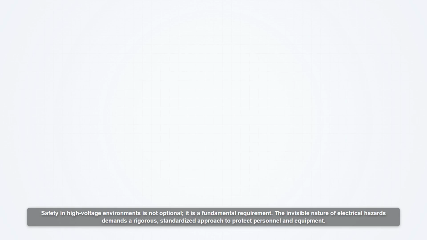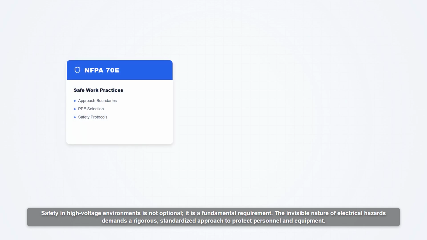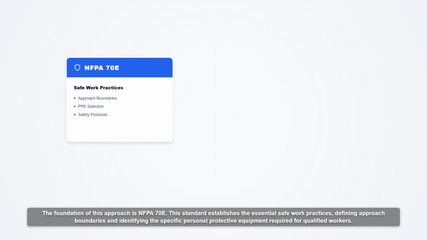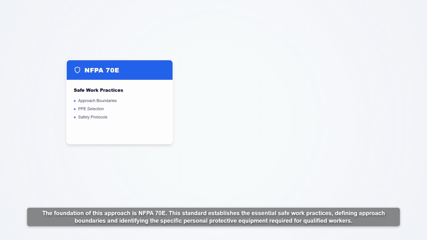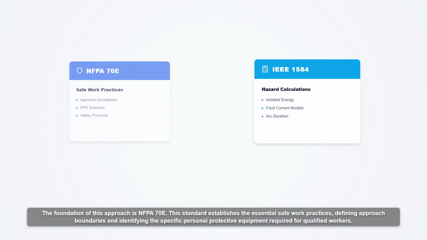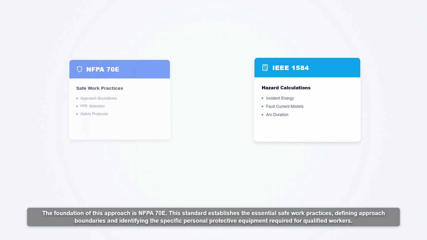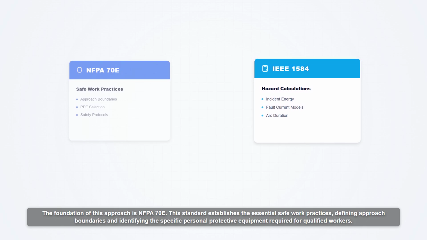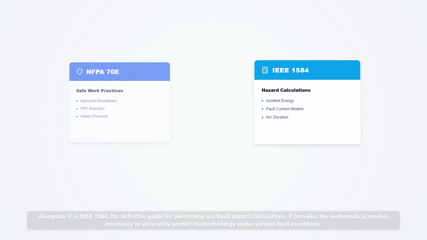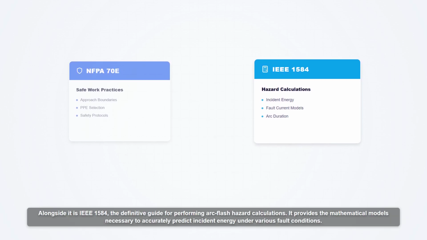Safety in high voltage environments is not optional, it is a fundamental requirement. The invisible nature of electrical hazards demands a rigorous, standardized approach to protect personnel and equipment. The foundation of this approach is NFPA 70E. This standard establishes the essential safe work practices, defining approach boundaries and identifying the specific personal protective equipment required for qualified workers. Alongside it is IEEE 1584,